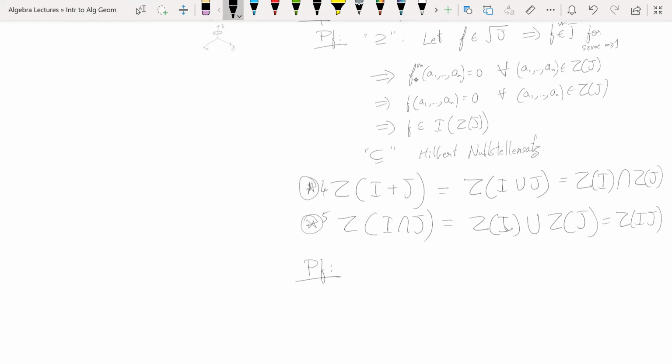Okay. So let P belong to Z(I J). This means that... so what is IJ? IJ is basically sums of the form f_i g_i, where the f_i are in I and the g_i are in J. So this is the same as Z of